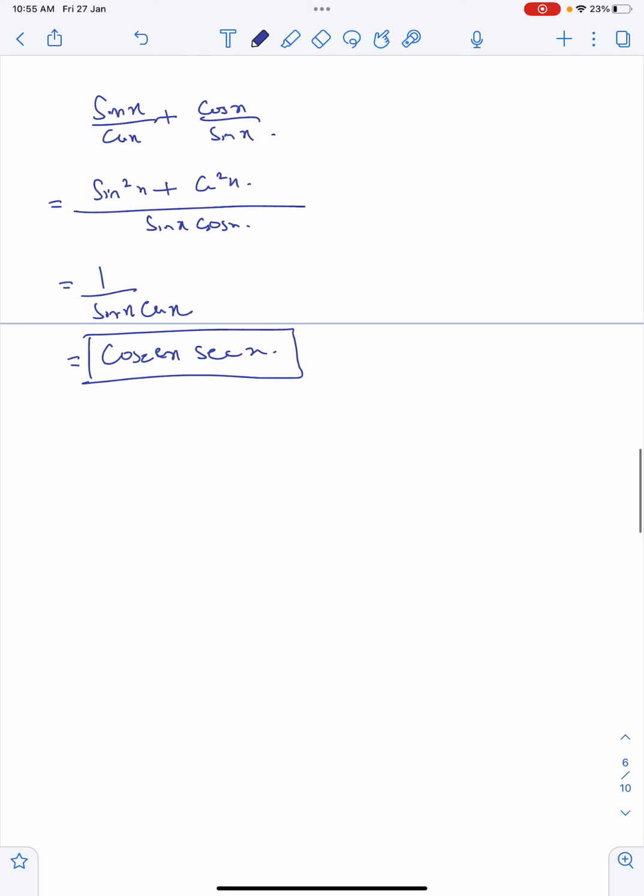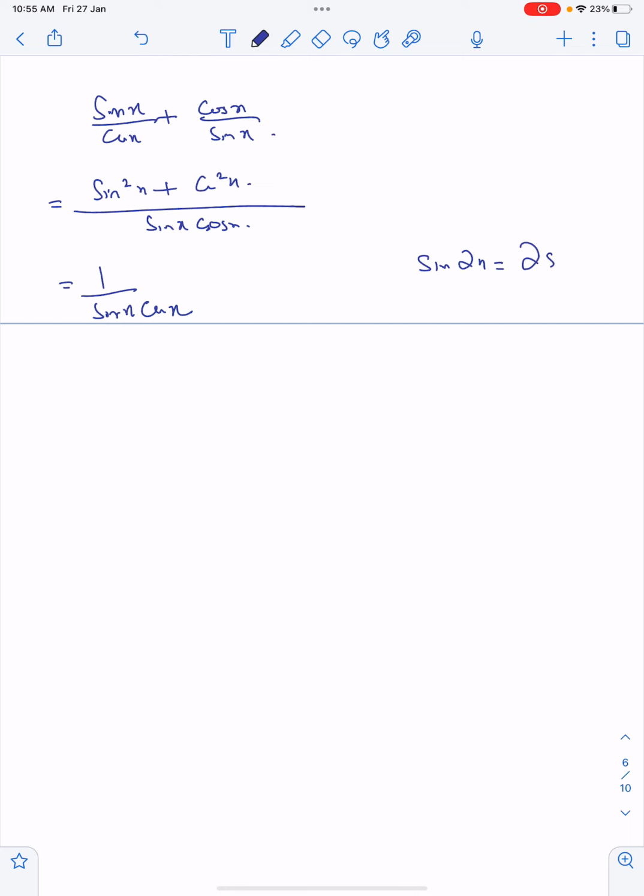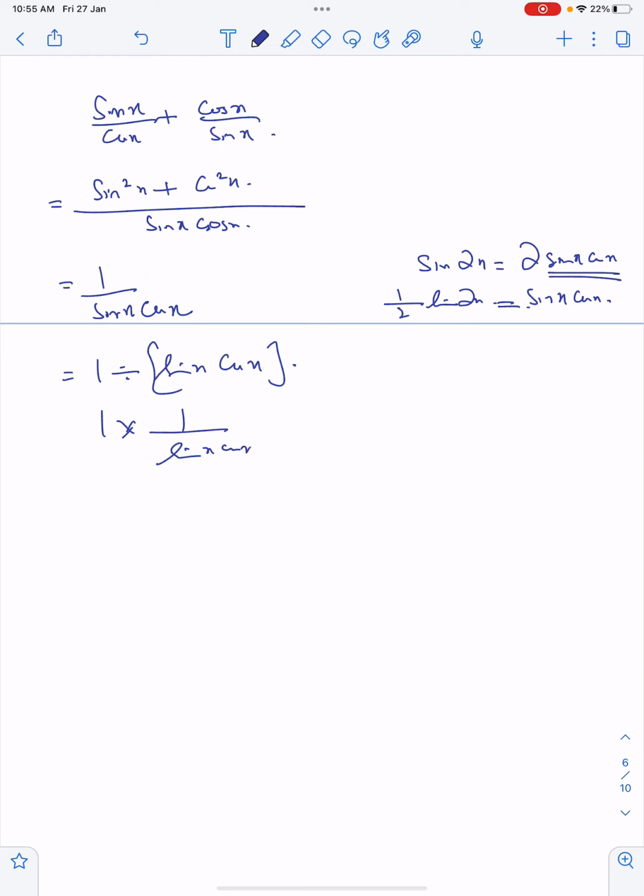Instead of changing into this, I know the double angle identity for sine of 2x is 2 sine x cos x. So if I want to keep sine x cos x as the subject, it will become 1 upon 2 sine of 2x. So 1 divided by sine x cos x is 1 multiplied by 1 upon sine x cos x, and we know sine x cos x is equal to